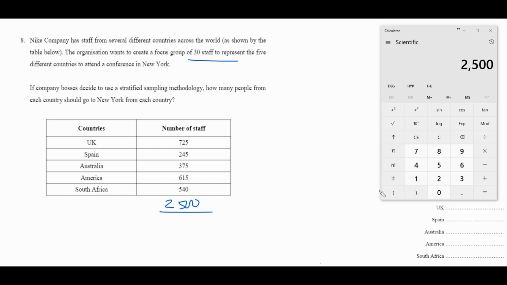So each number is going to be divided by 2500 and multiplied by 30. So press the calculator. 30 divided by 2500 is 0.012. I'm going to multiply it by 725, which gives 8.7, and this one